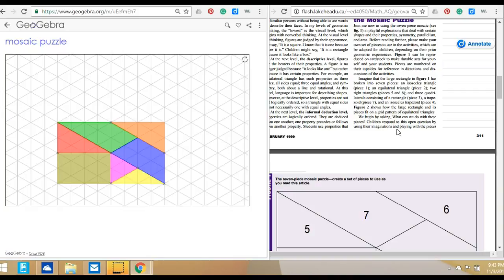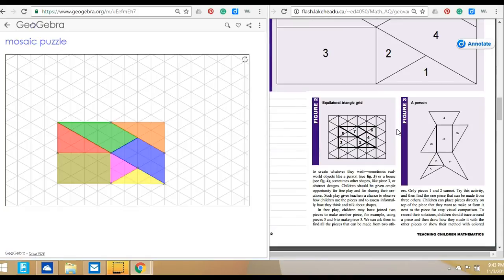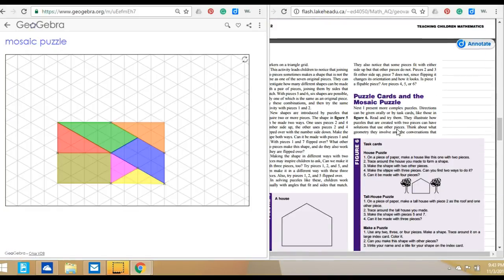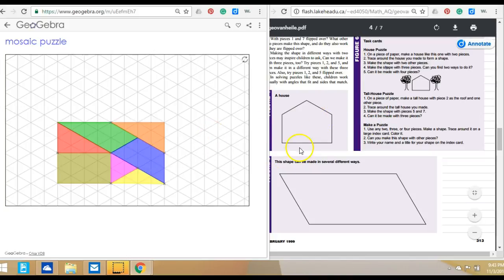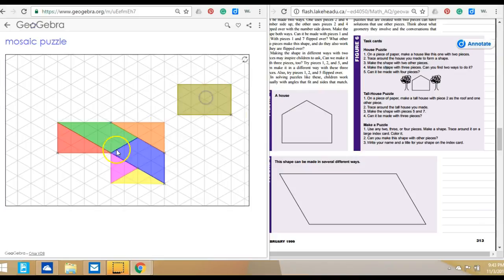And then we move on to having a task card asking kids, and these are the learning steps here. So after letting kids explore, the next step is going to be to give them a little bit more structure, a task to complete. And so this task card is asking students to use 2 puzzle pieces to create this house shape here. And so if we start out here, then I'm going to take these 2 pieces and